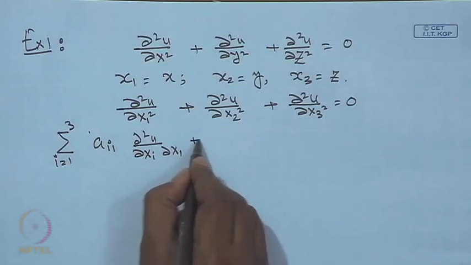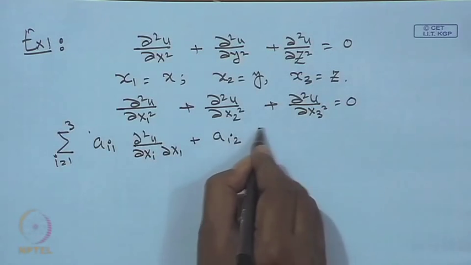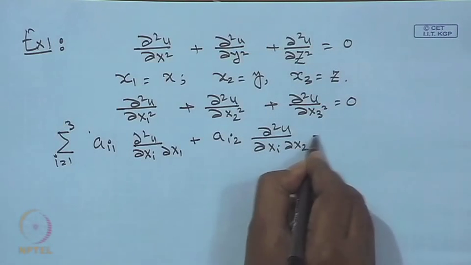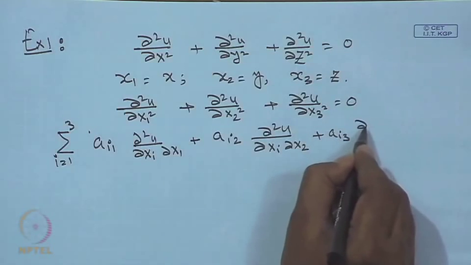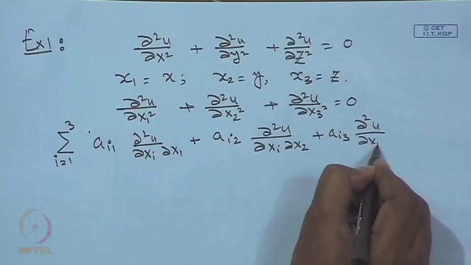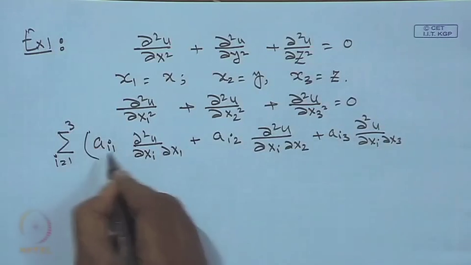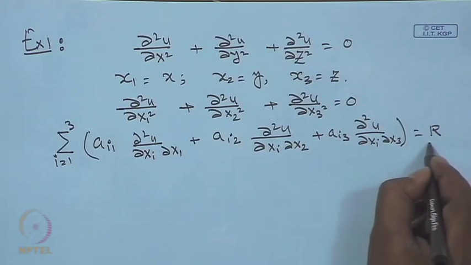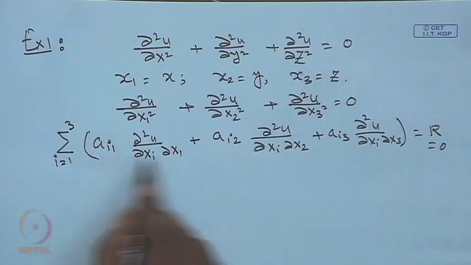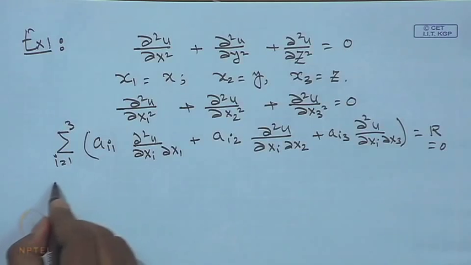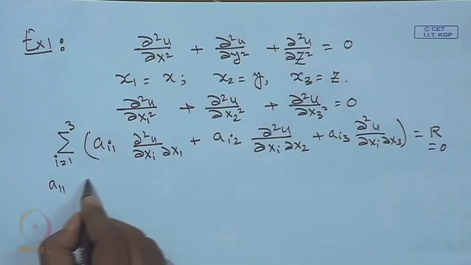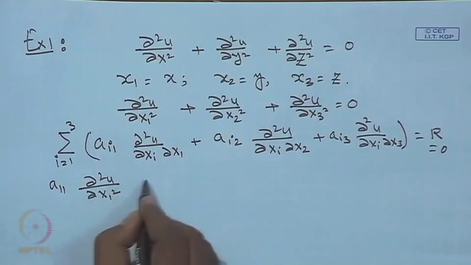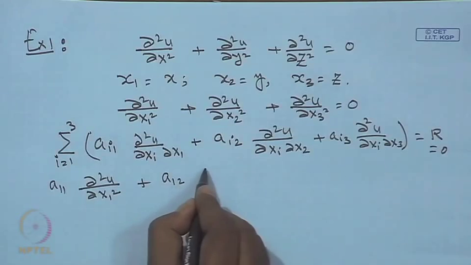So, this will be plus a_i2 del square u del x_i del x2 plus a_i3 del square u del x_i del x3, that should be equal to r, and r is equal to 0 in this particular case. So, you just open up this one. So, you will be having a11 del square u del x1 square